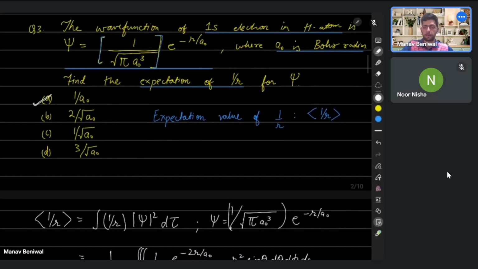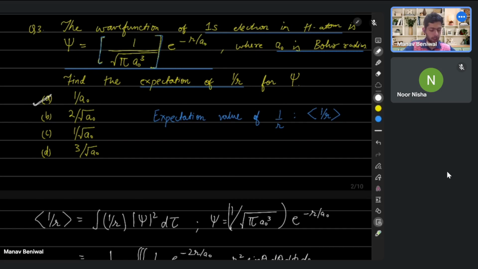Okay, so yeah, this was a little lengthy problem, but very straightforward. If we know how to solve integrals, then we should not have any difficulties handling this problem. We are given everything. We are given the wave function psi, and we are asked to calculate the expectation value